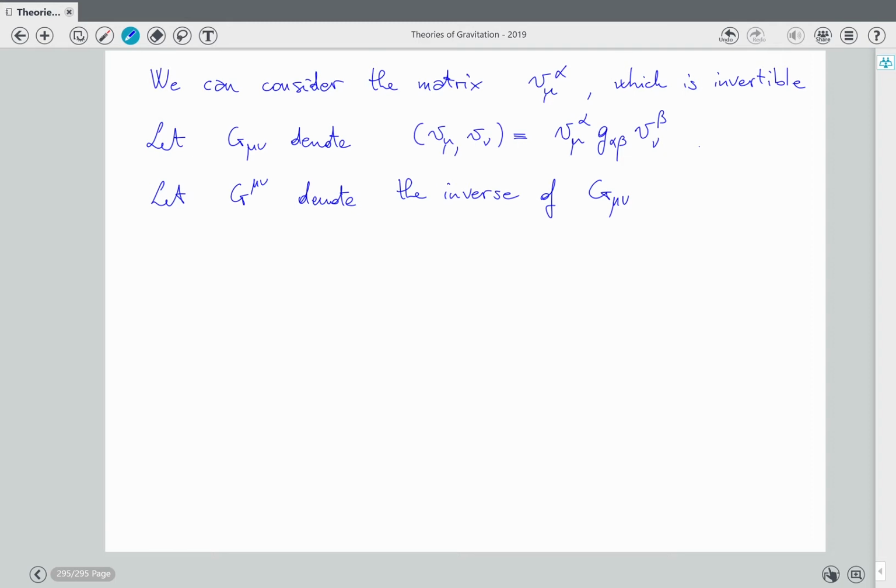Then the normal vector can be written explicitly as n tilde equal G0 mu V mu,